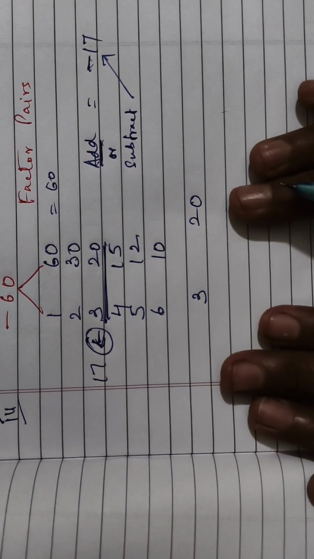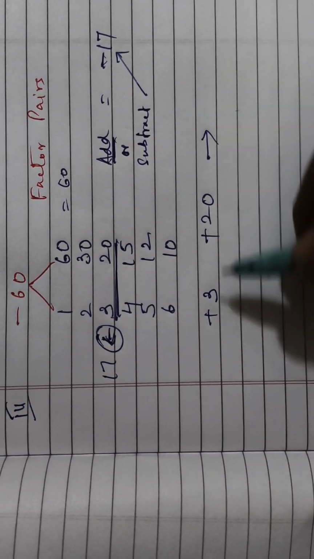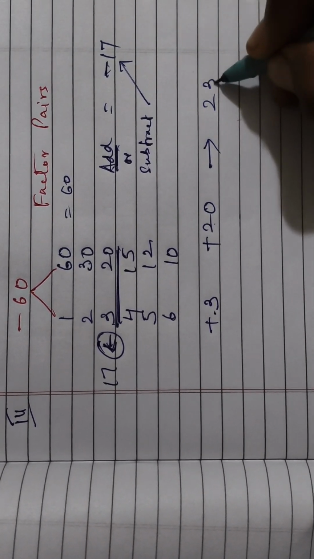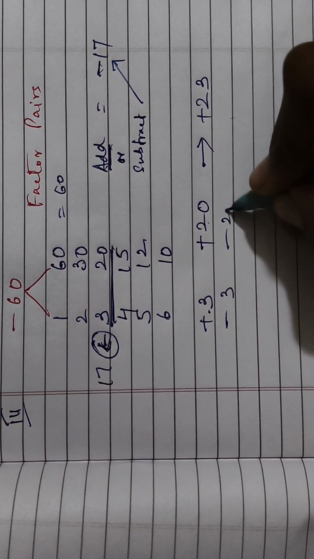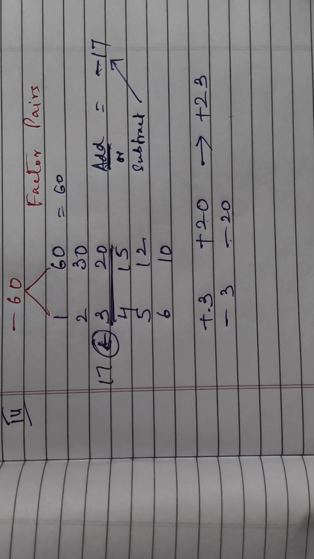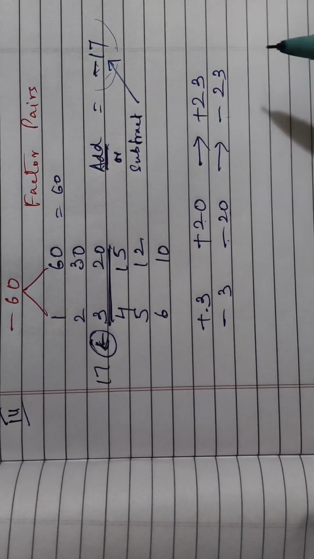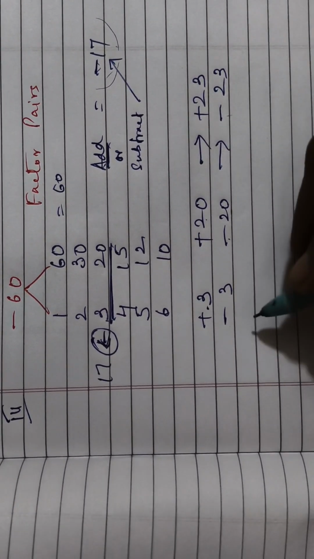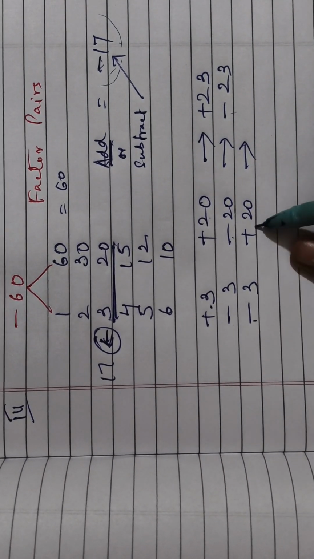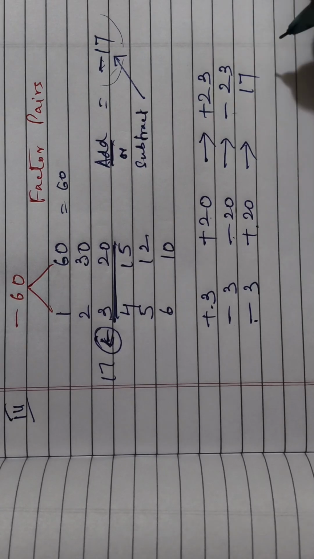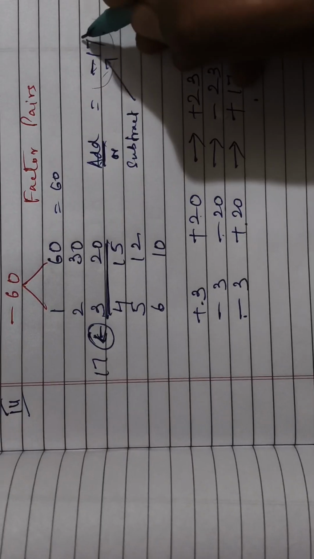In this also we are going to try multiple options. Put both of them positive. When I put positive 3 and positive 20, when you add you get positive 23. Suppose I put both of them negative, minus and minus, I have to add again. I get negative 23. But what do I need? Negative 17. I've still not got what I want. So I will put one negative and the other one positive. Then I subtract. I got 17 with the sign of the greater number. So I got plus 17, but I want minus 17.